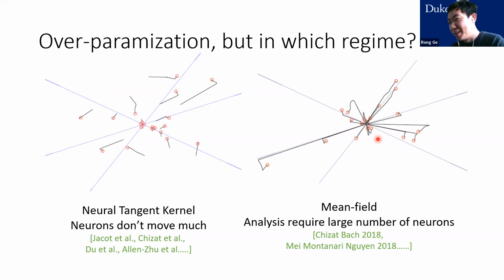So that is a very good intuition for the neural tangent kernel approach. The reason why we don't want that is because in the neural tangent kernel regime, you do get zero training loss, but the generalization performance is actually not very good in the teacher-student setting. There are results saying that even if your teacher neural network is a single neuron, if you are in the neural tangent kernel regime, you need exponentially many training samples in order for the test loss to go to something close to zero. Instead, if you are able to prove that your student neurons actually converge in direction to the teacher neurons, then you potentially will need much fewer samples in order to get good generalization performance. Cool, thank